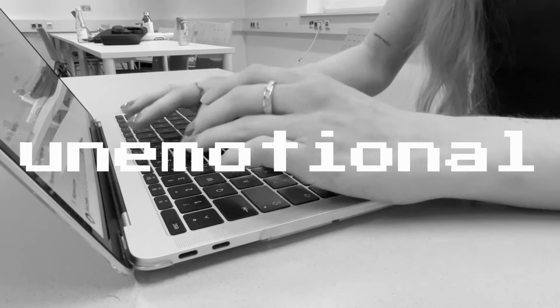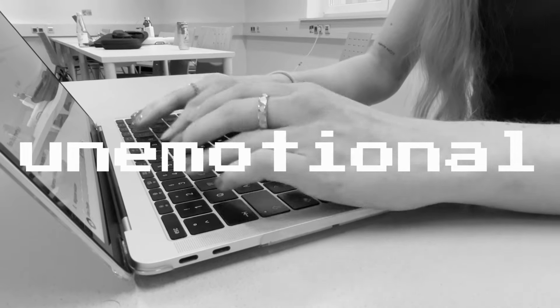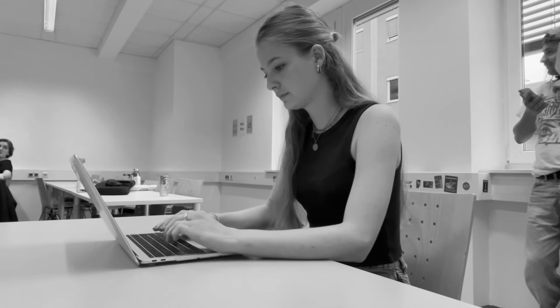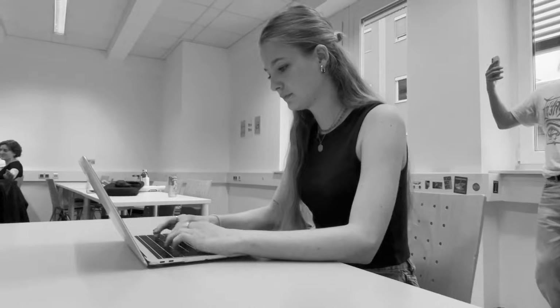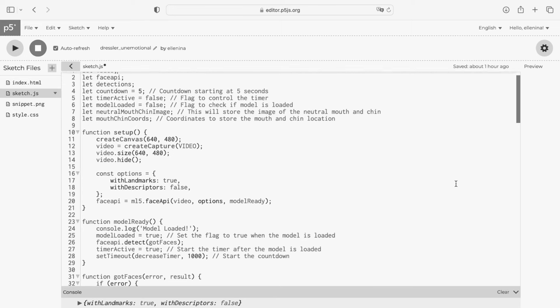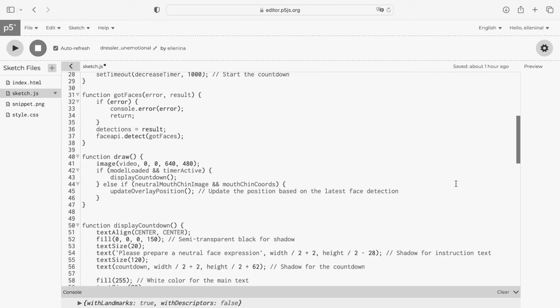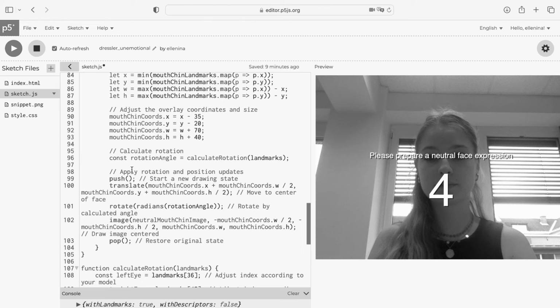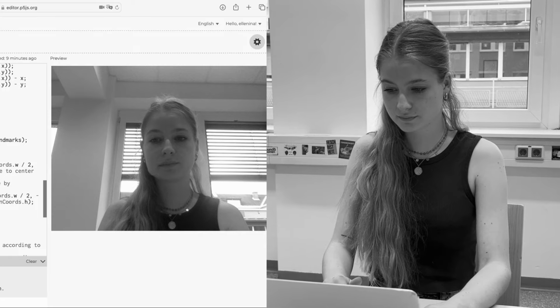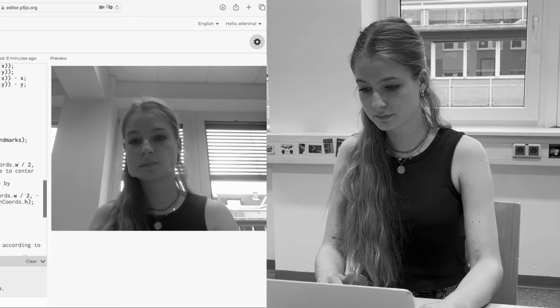In an era where surveillance looms large, my project emerges as a thought-provoking prototype. It uses real-time image processing to mask human emotions, presenting a neutral facade to facial detection systems. After a brief countdown, the system captures a neutral expression, which is then dynamically overlaid onto the user's face, adjusting